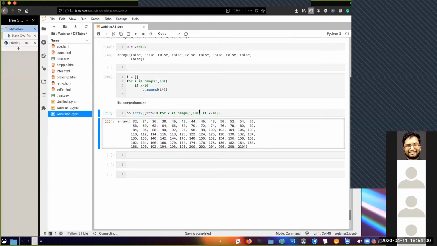Okay, so it might look confusing at first. So let me break it down a bit. I'm not doing anything new here, but all I'm doing is rearranging things. So for, this is my for part, which is the same as this. It's the same thing. But all I'm doing is saying that some value, okay, let's just take it as X to make it easier. Let's just take this as X for now.